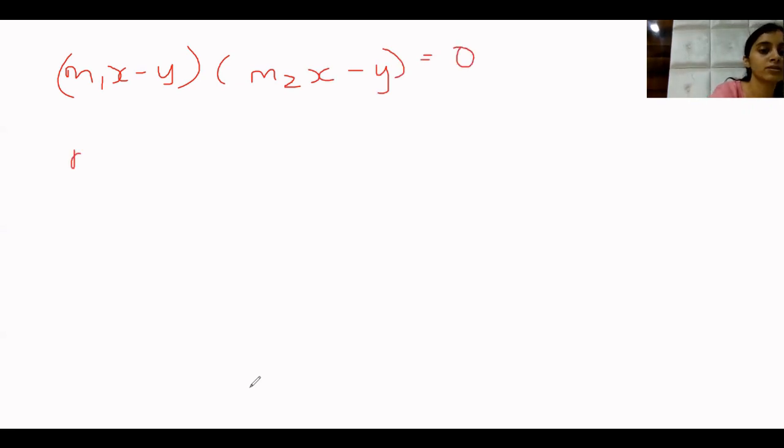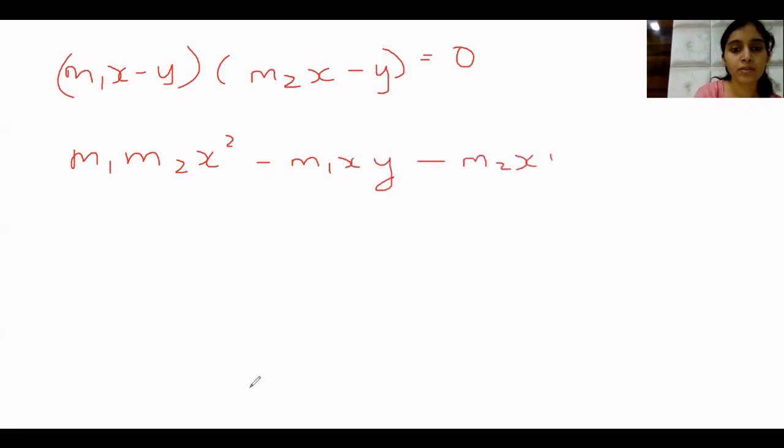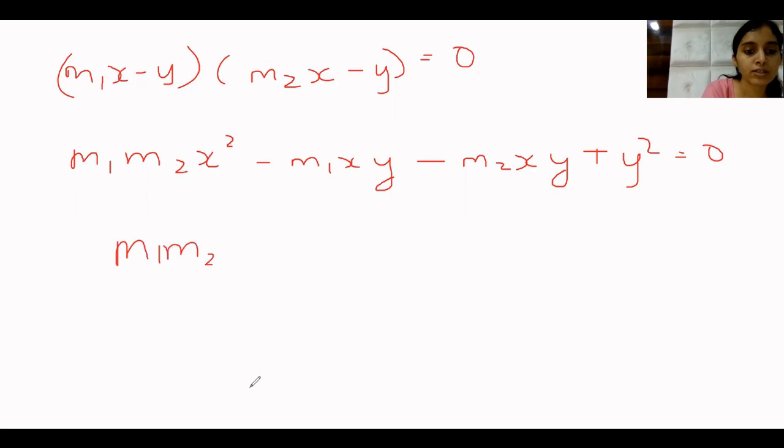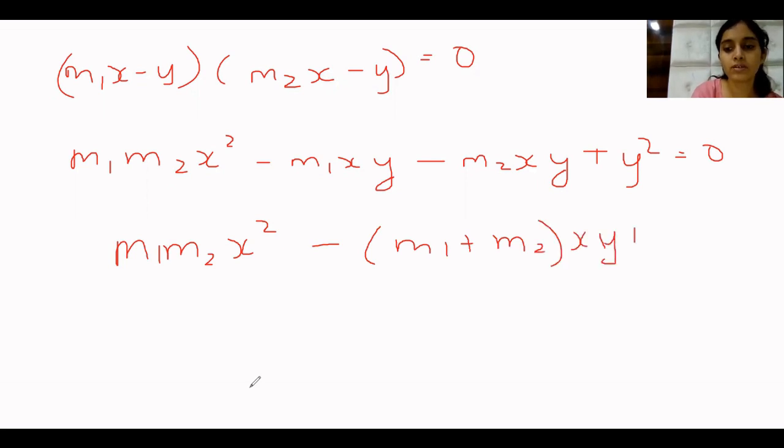Let's find the combined equation. So we'll have m1 m2 x square minus m1xy minus m2xy plus y square equal to 0. Okay, can be written as m1 m2 x square minus m1 plus m2 xy plus y square equal to 0. Now let us compare this with our equation